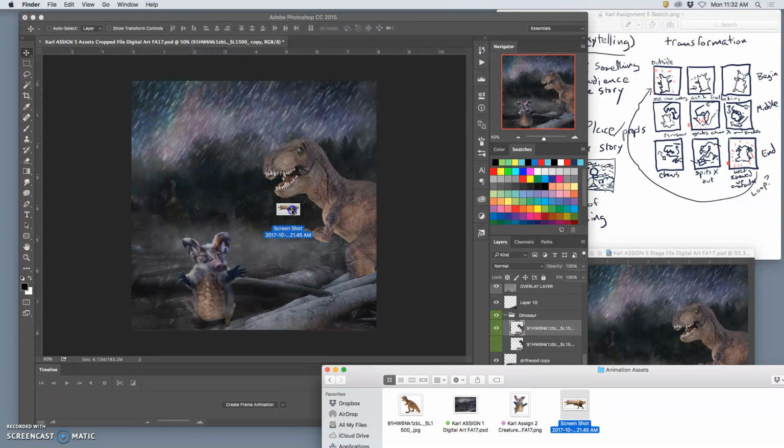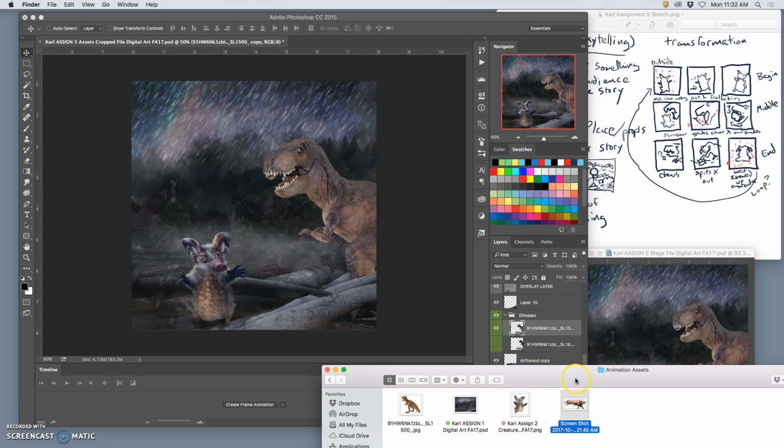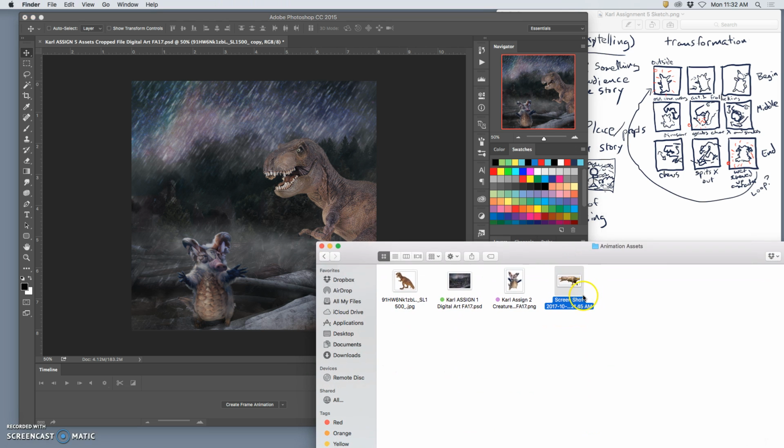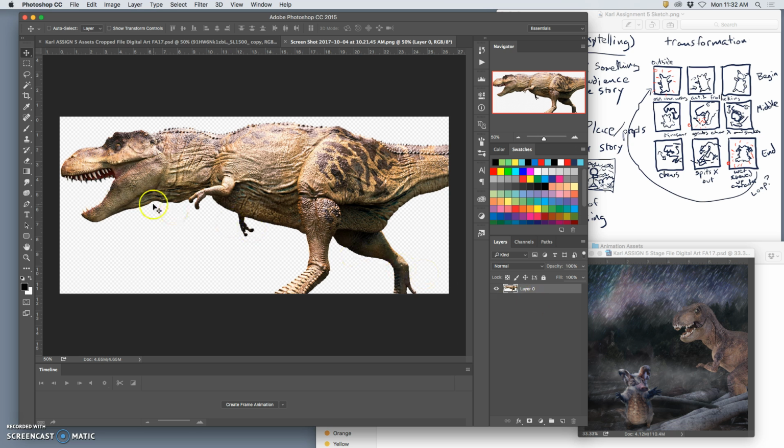If I bring in my dinosaur as a smart object, which I was hoping I could do, because I was hoping that actually meant that he was a PNG element, but no, he's not transparent. But if I just brought him in as a smart object, well, I'll show you how I can do that. Let's see, because it's worth it. It will remember my puppet labels. So there are benefits to a smart object, but to do that I need to open up my asset in Photoshop and clean it up all there